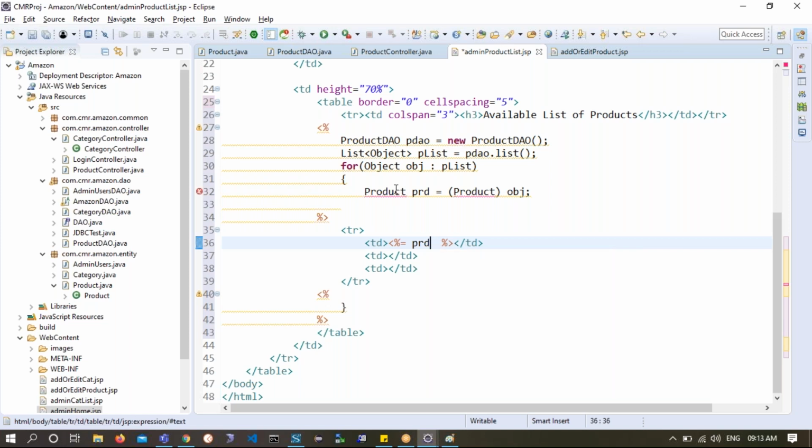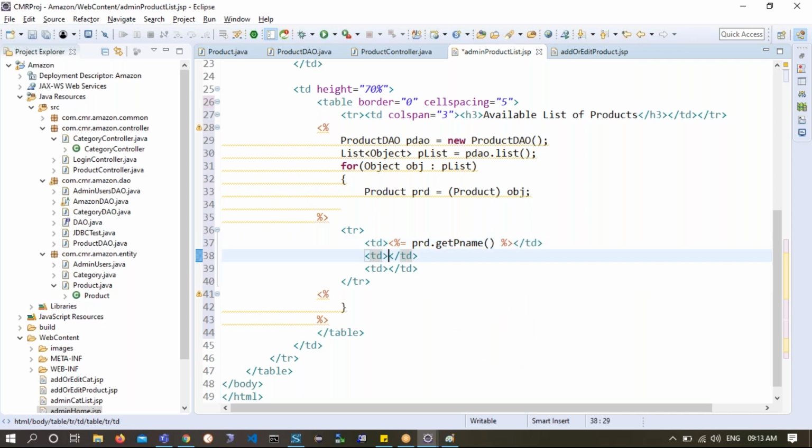It is not coming. Let me check what the problem is here. Product is not imported. That's the problem. Now here I'll say prd dot getPname. That's all. The pname is coming,